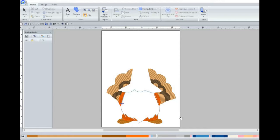All right, then it does the little zigzag, and if there's anything poking out from that zigzag, you need to take care of it and trim it back. And then it's going to do your satin stitch. And it goes around and it kind of outlines the inside and the outside, and then it does the satin stitch on top of that. So that's just kind of a foundation for the satin stitch. Let me speed that up. All right, and then it's going to do those little wavy things in his beard,